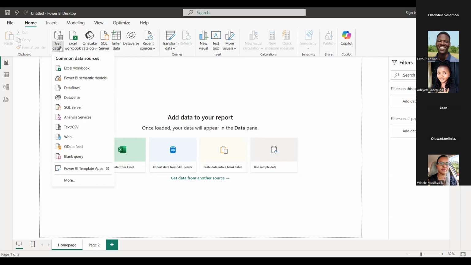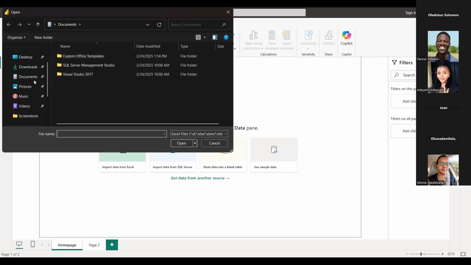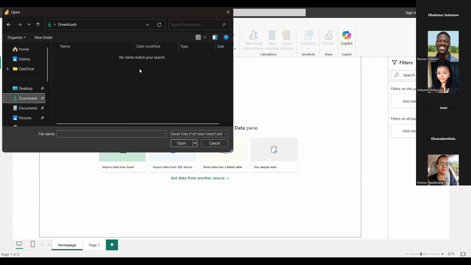Now, basically, the file we are trying to work with today is a CSV file. If you click on Excel workbook, like I have just done, it's going to open my file manager. So Power BI is going to open my file manager. And can we still see my screen? Yes, we can still see your screen. Oh, okay. Thank you.